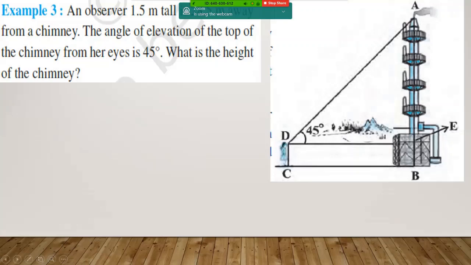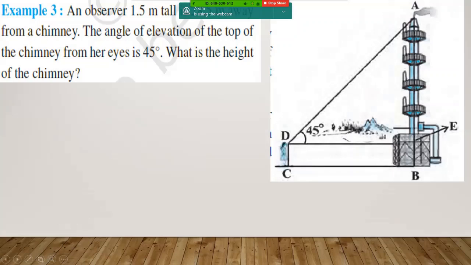So now what is the height of the chimney? Chimney is A to B, right? Not A to E. Be careful again there. These small, practical things are what the applications teach us. So basically we have to find the value of AB, wherein AB is divided into AE and EB. Now what is the length of EB? Nothing but equal to DC, which is 1.5.